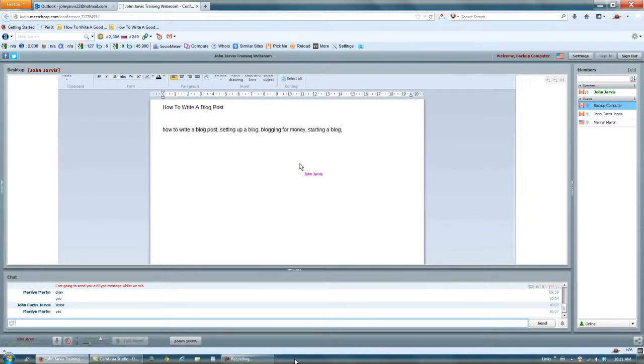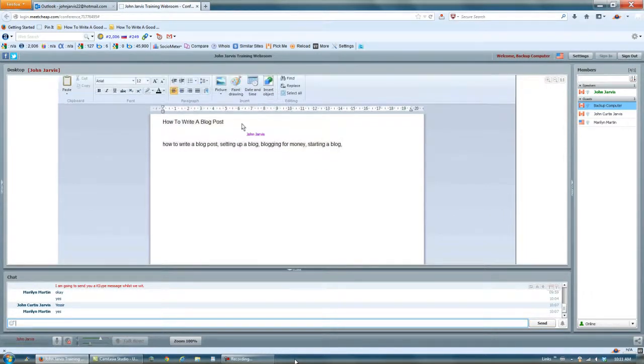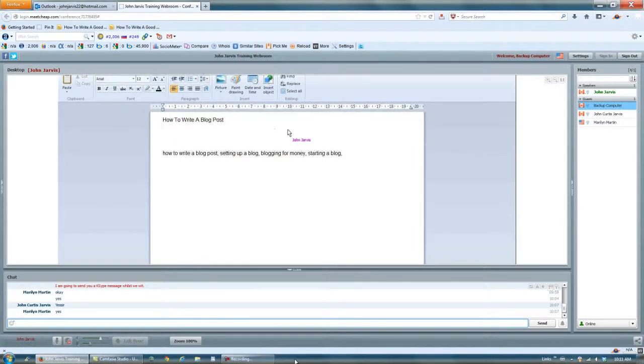So there are our keywords right there. Now in the first sentence, I always start out with the keyword phrase that I'm trying to get ranked for, or at least get some search engine strength for. So we'll just put,